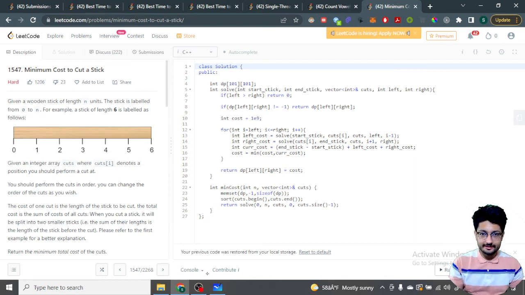Hello everyone, so in this video let us talk about a problem from LeetCode. It's a hard problem. The problem name is Minimum Cost to Cut a Stick. Given a wooden stick of n length, as you can see, the stick is labeled from 0 till